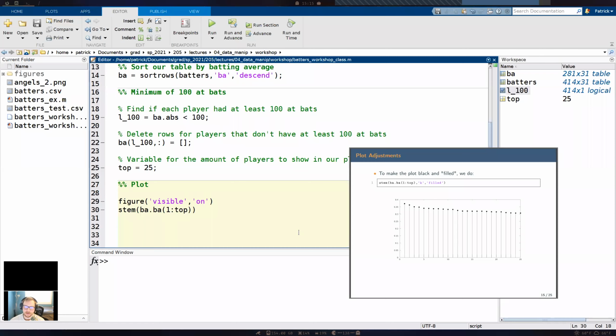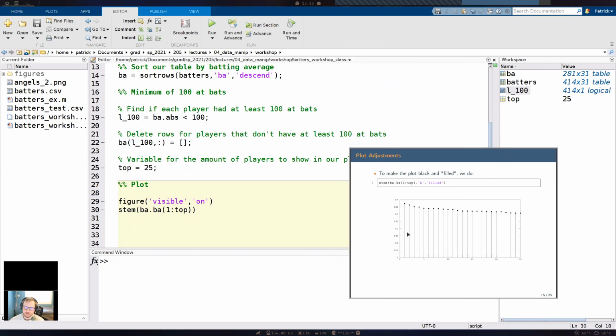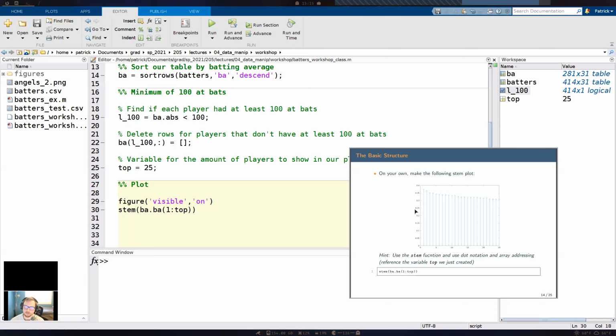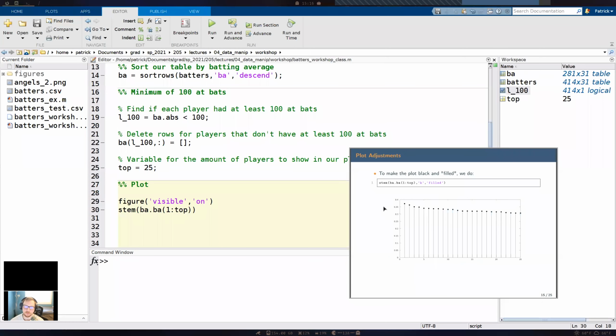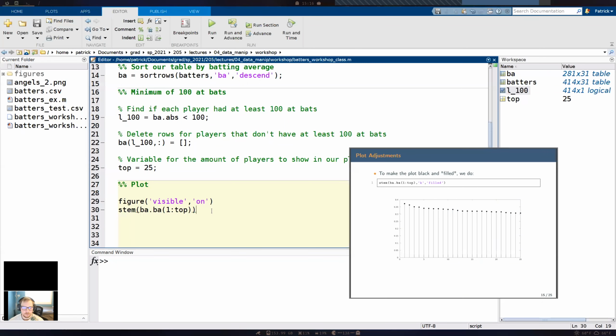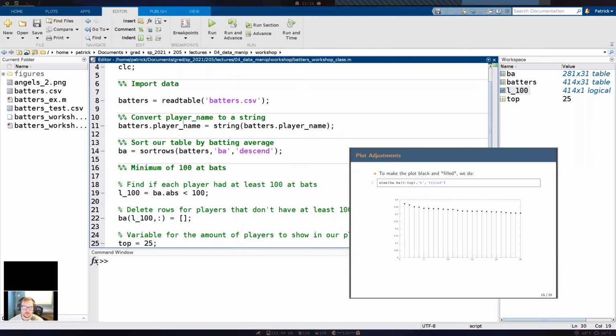Okay, so we're going to change this now to, instead of having blue lines. I know there's actually a good amount of new stuff here. So now we want to make a plot here that's solid black circles up top. So instead of being blue and having hollow circles, we're going to make them black lines and then filled in with a black circle. There is a lot of new commands here, huh?